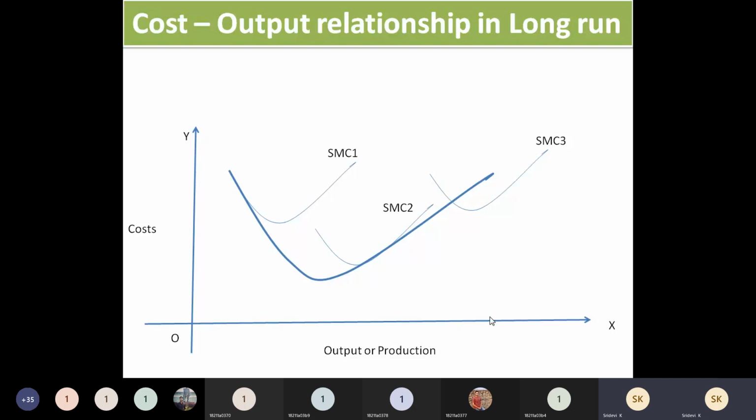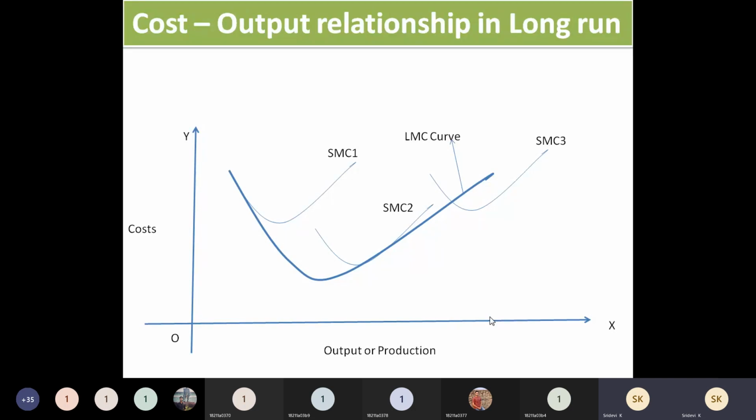So this difference you have to keep in mind. But this is framed by intersecting these 3 curves. So which is named as what? Long run marginal cost curve. Okay, so now let us take the